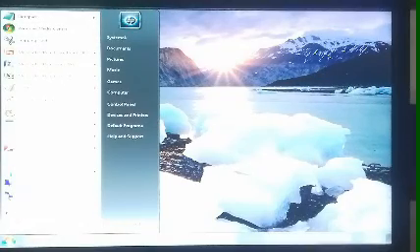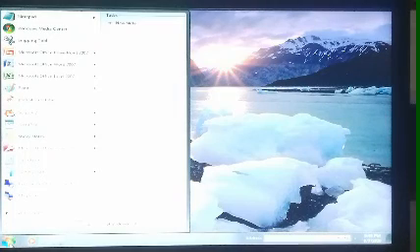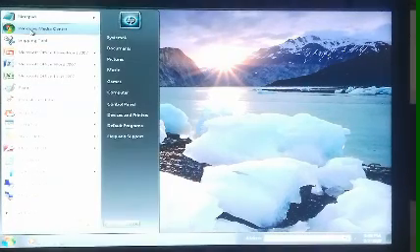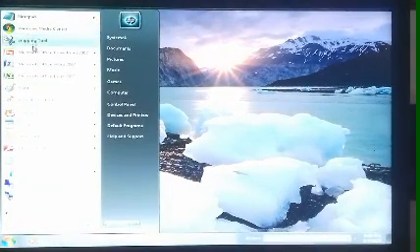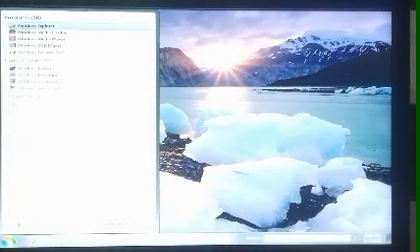First of all you have to click on the start button. Then you will search here for Windows Media Player. If you do not find it here, then you have to type Windows Media Player in the search box, like this.